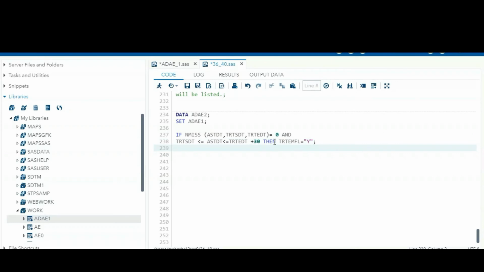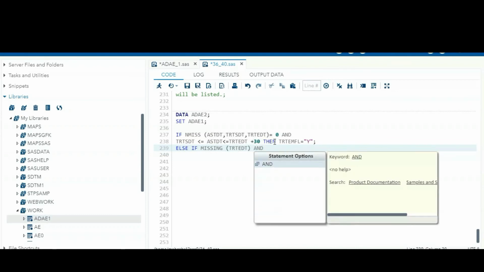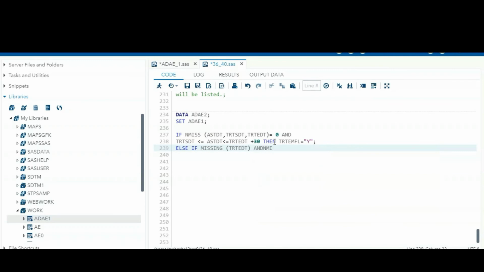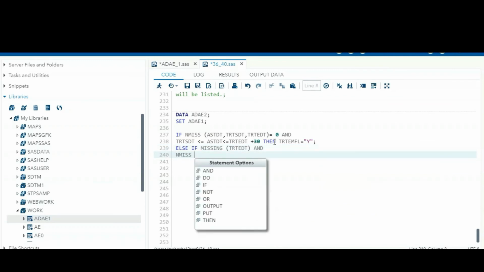Okay. So else if, for example, if the end date is missing, TRTEDT missing. Okay, and the adverse event start date is present, and treatment start date also present.